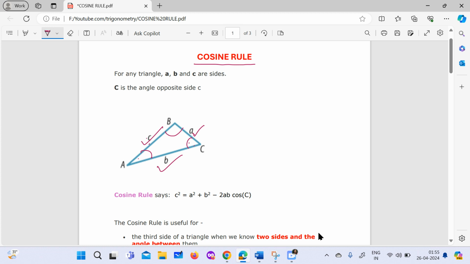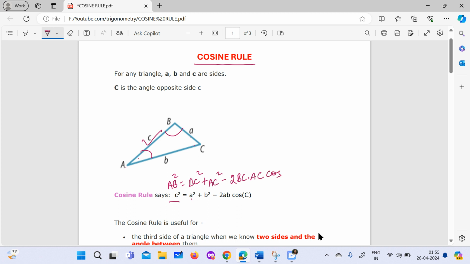Okay, now let's see what is cosine rule. Cosine rule says c square. So I'll show you here in this triangle. This is your c square. C square refers nothing but the length AB. So let me write it lengthwise now. AB square is equal to A square, A square is BC square plus B square is AC square minus 2 times BC AC cos.